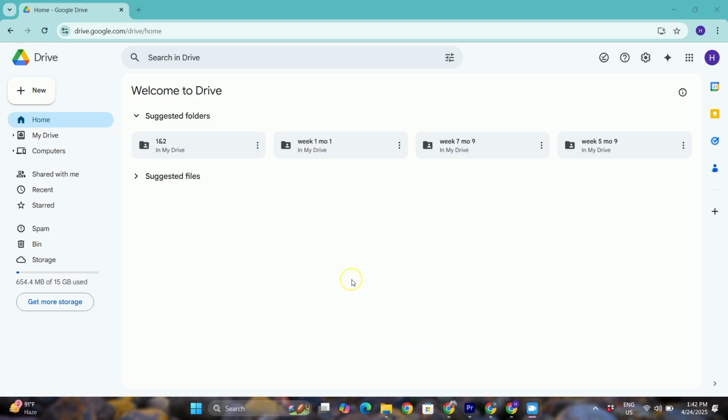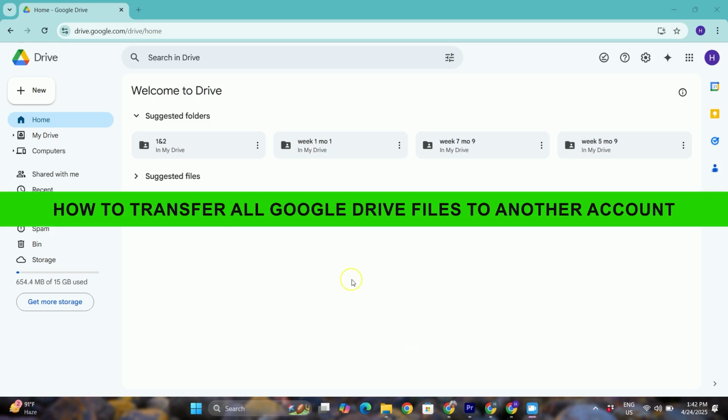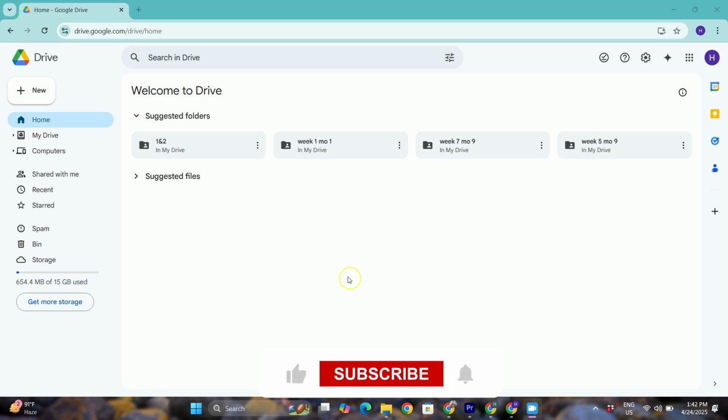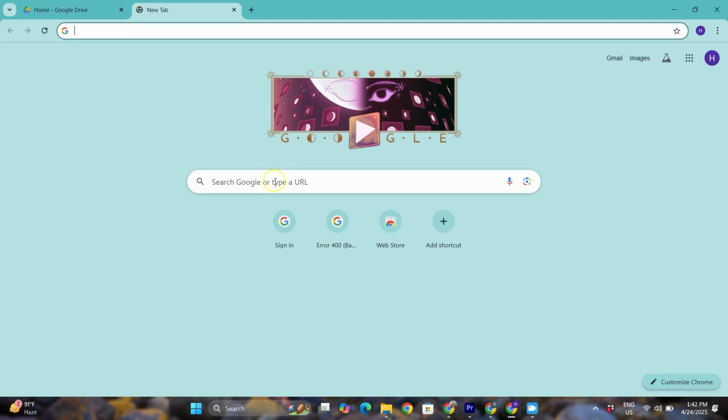In today's video, I'm going to show you how to move Google Drive files to another account. So this will be a really simple and straightforward process. The first thing we need to do is just open up an internet browser, and in the address bar we are going to type in